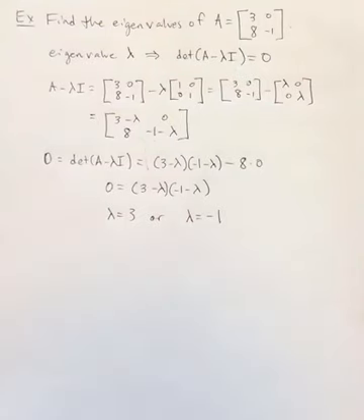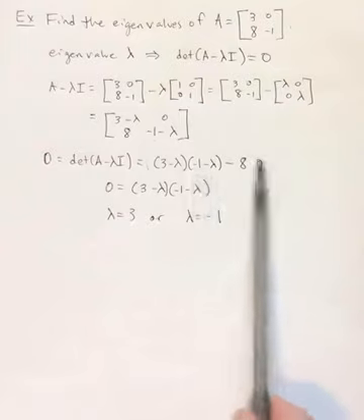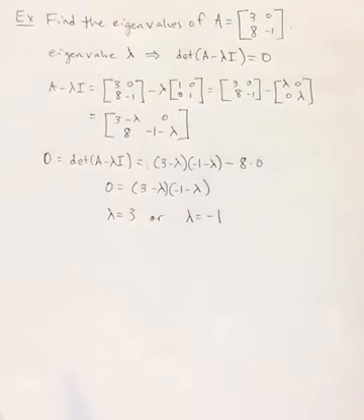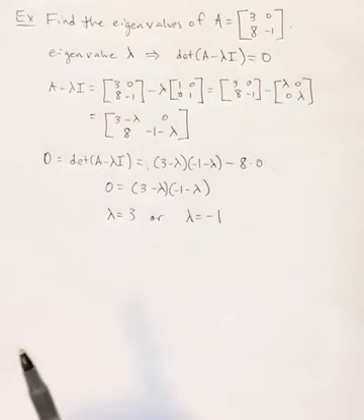And in general, when you have an n by n square matrix, you can have at most n different eigenvalues. So on this 2 by 2 matrix, the most number of eigenvalues I can have is 2. The reason why, if you look right here, is that I'm going to end up with a quadratic equation. It just happens to already be factored in this example, but with a quadratic polynomial,